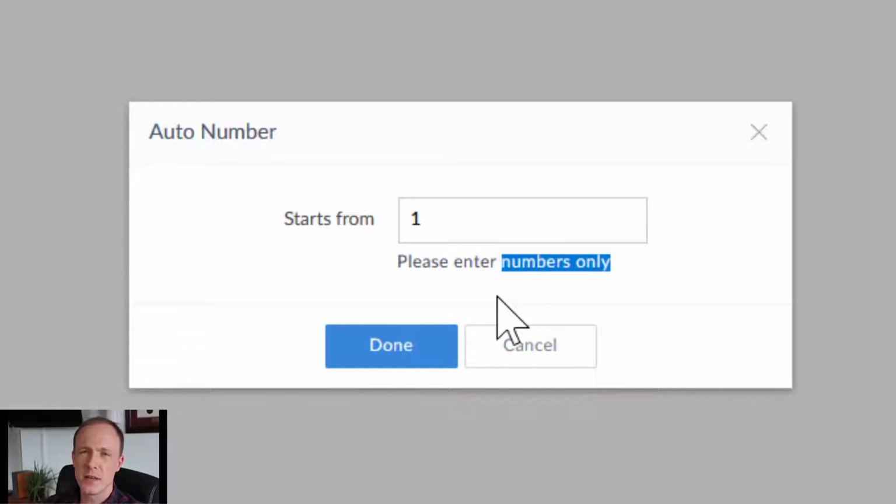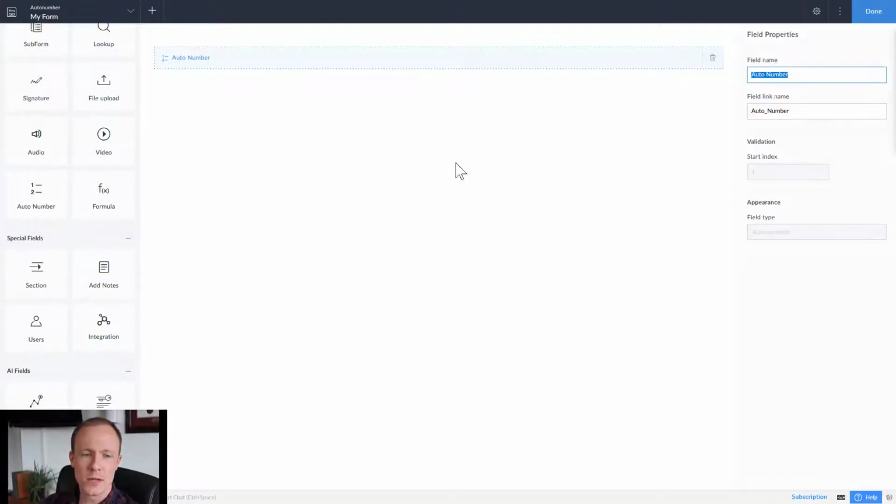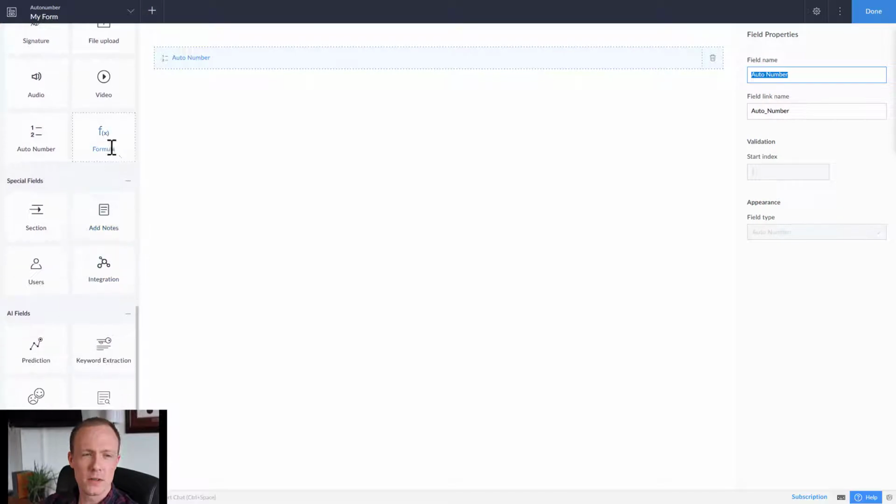Now you might often see in things like invoices or purchase orders that oftentimes there is a prefix or a suffix. So you might see something like an invoice like EST1. If I try to do this, it'll bark at me and say only numbers. Okay, so the solution to this is by using an additional field. And I think there's a few ways to cut this, but I think the most straightforward and easiest way is